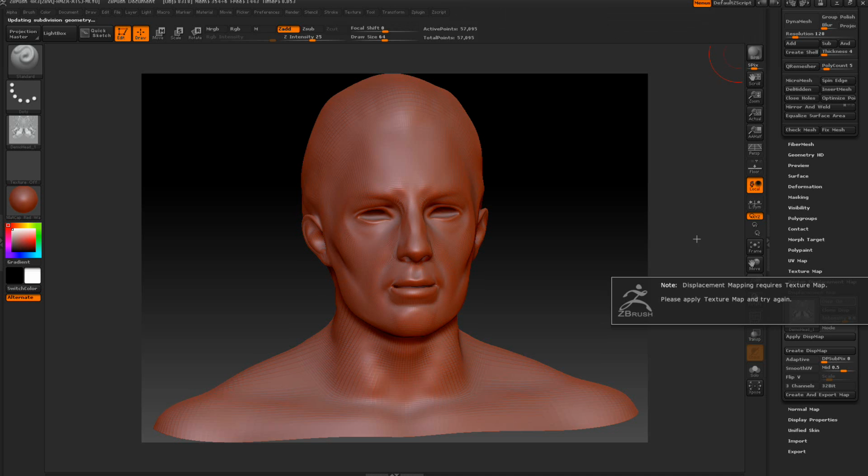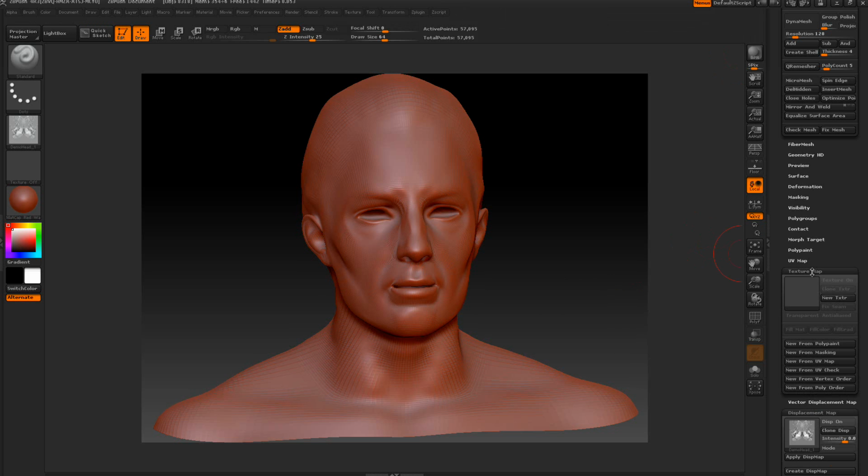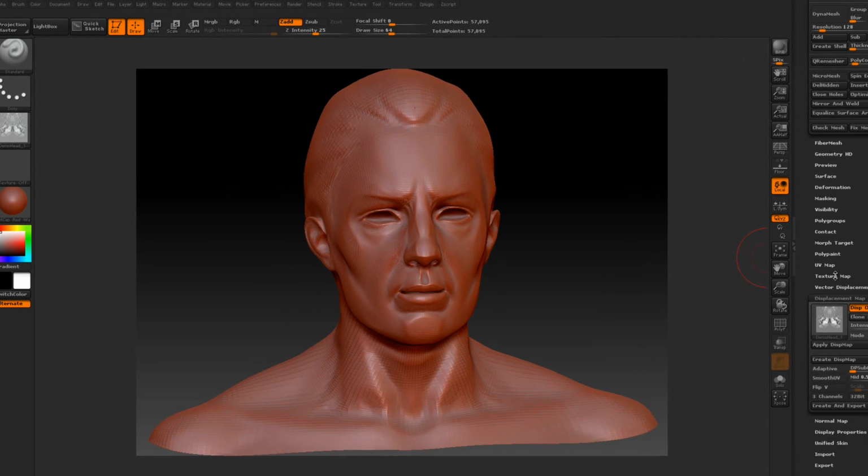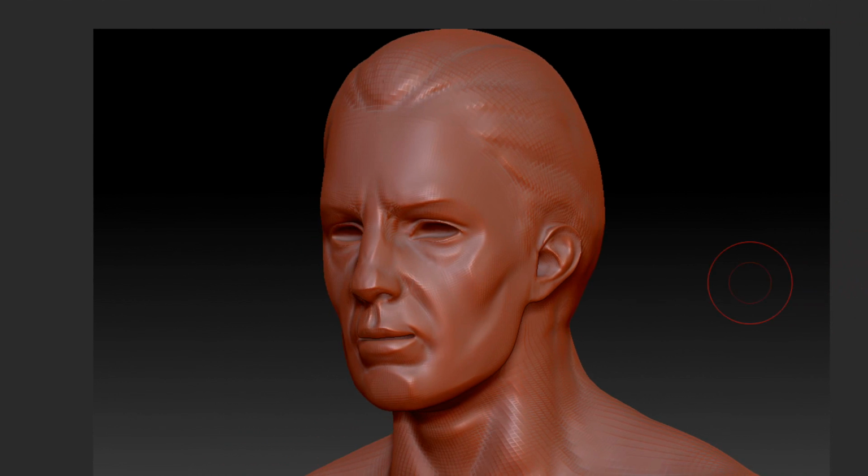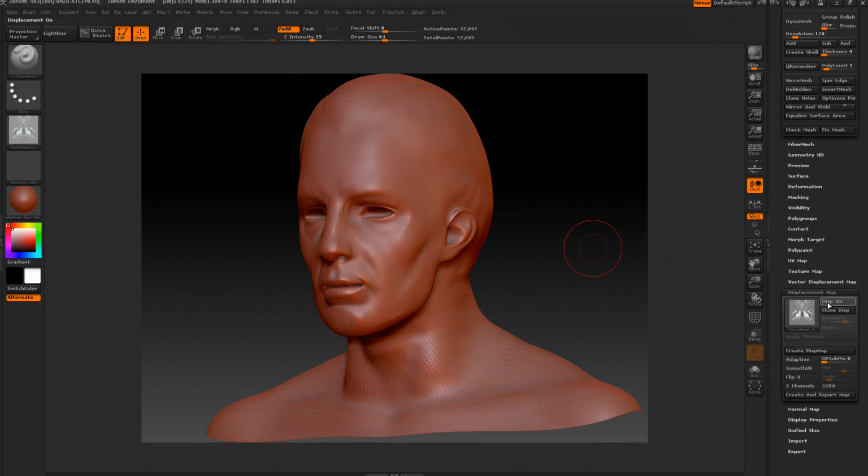So if you run into this problem, what it's asking you is to come up here to texture map and create a new one. So we're just going to create a new one, and when I did that, the texture map came on and the displacement map came on, and you can see the detail came back. Now if I turn this off, here's the original smooth one, and we'll turn it back on. Now we can do any kind of adjustments here for the displacement intensity if we want to get some really strong detail in the face, but this looks like the original one, and I want to keep that detail